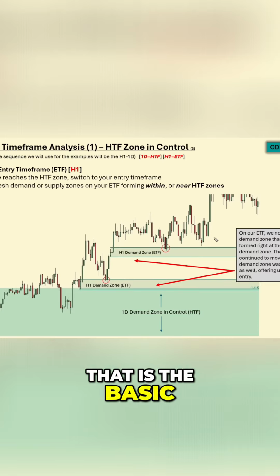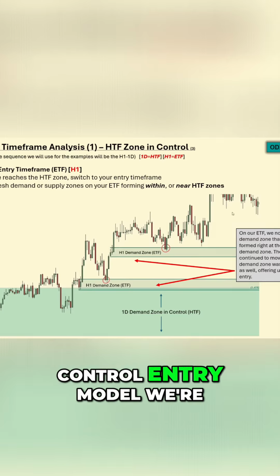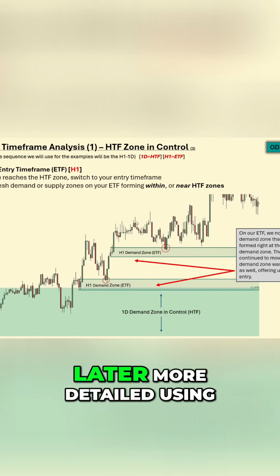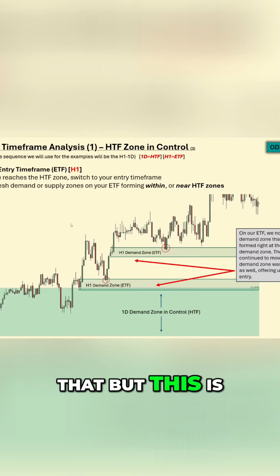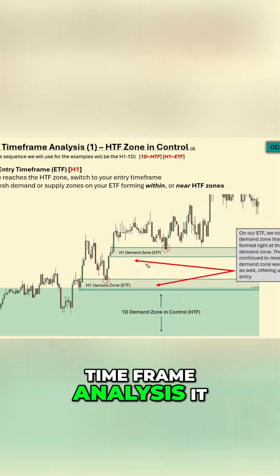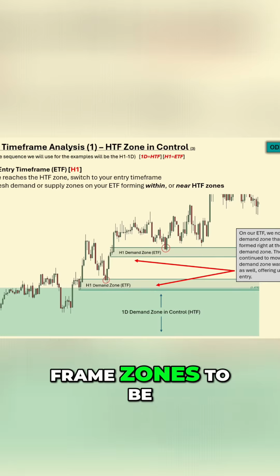That is the basic confirmation or multiple time frame analysis zone and control entry model. We're going to touch on this a little bit later, more detailed using confirmation, so make sure you stay tuned for that. But this is how we use multiple time frame analysis. It is essentially aligning our higher time frame zones with our lower time frame zones to be trading in the